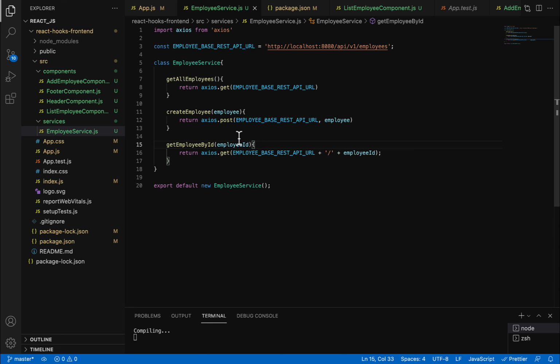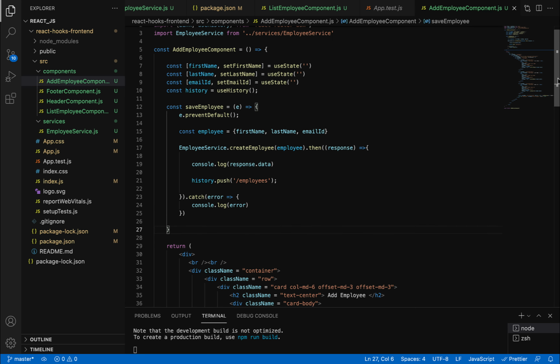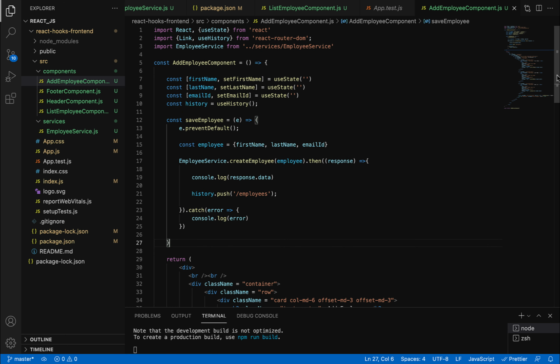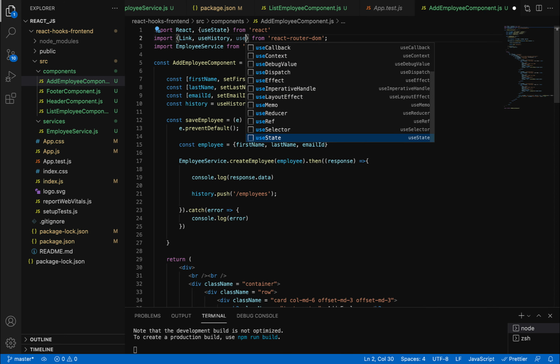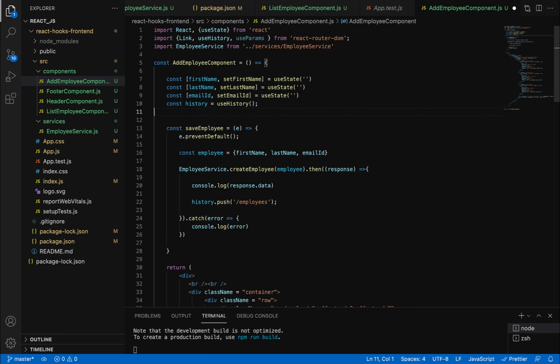Okay, great. Now head over to the add employee component again. In this component we need to retrieve the ID from the URL. Right, for that we're going to use one more hook, that is the useParams hook. So this hook basically provides an object that contains key value pairs from the URL. So go ahead and here just type const, okay, and just get id